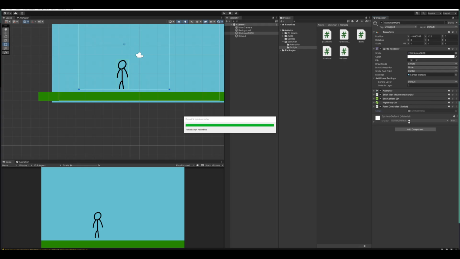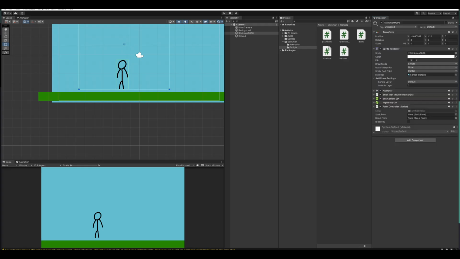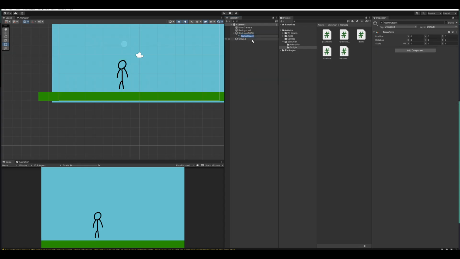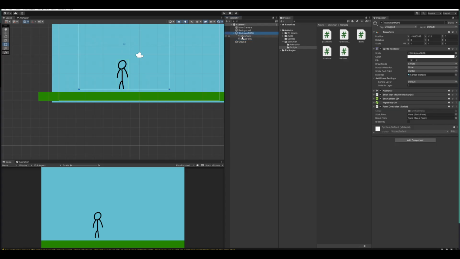If we go back over here, you'll notice that we can't drag and drop the beast and stick form onto here because they're just scripts. So I'm just going to make children for stickman, and I'm going to call them stick form, and then beast form, and then put the scripts on those game objects so that we can reference it. So now in here I can put stick form and beast form, save it, and now when I hit play,